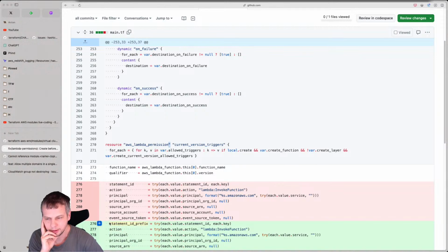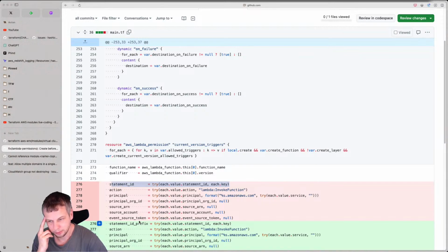The thing is that it will not be able to do this because the statement ID is always static. So the statement ID in this case is the same even if you change it, like if you delete it.